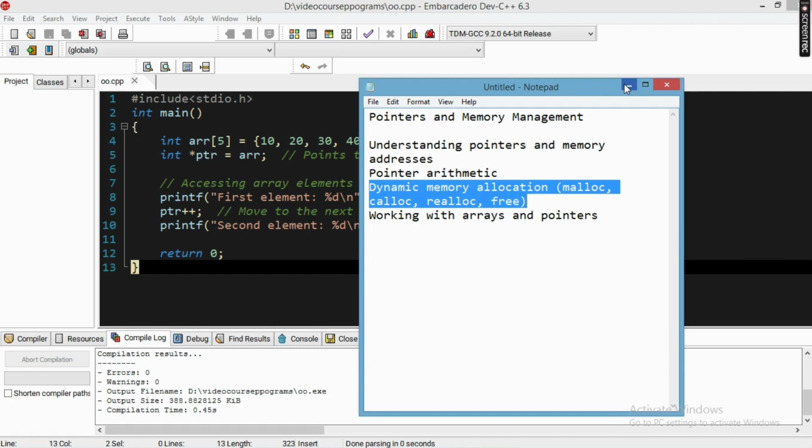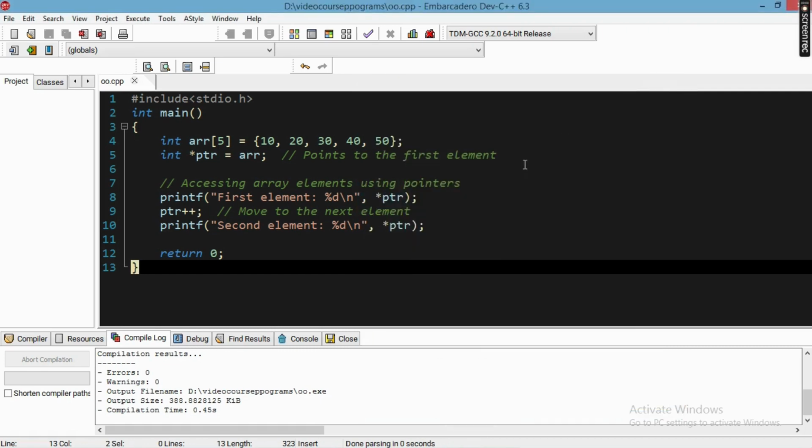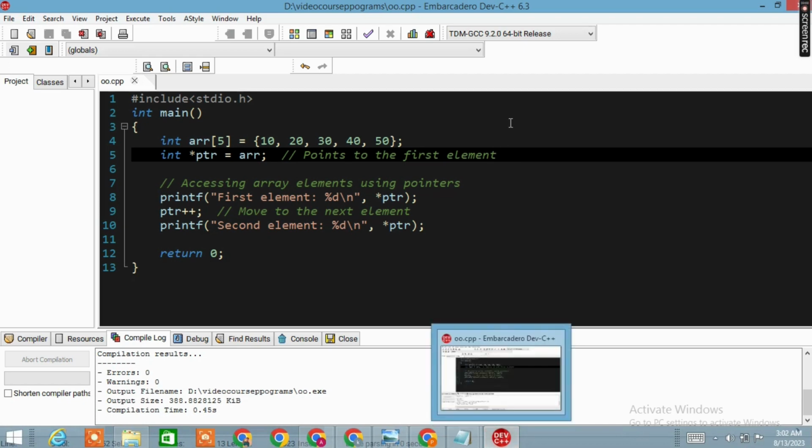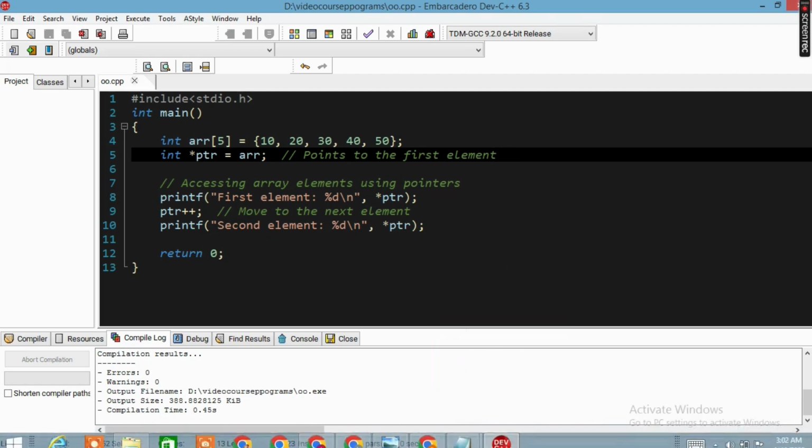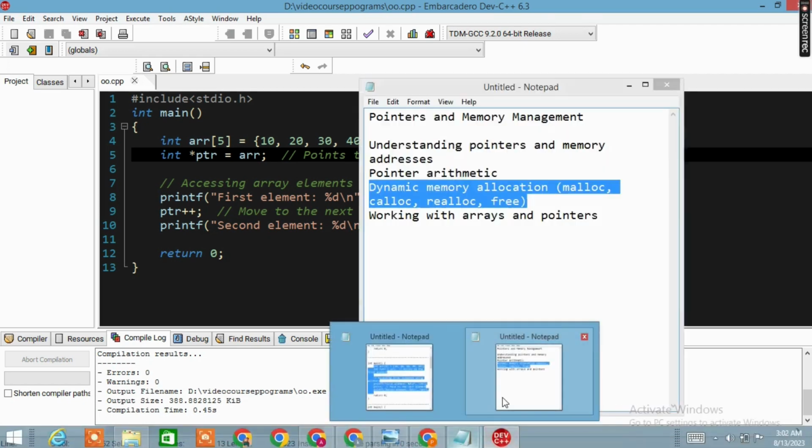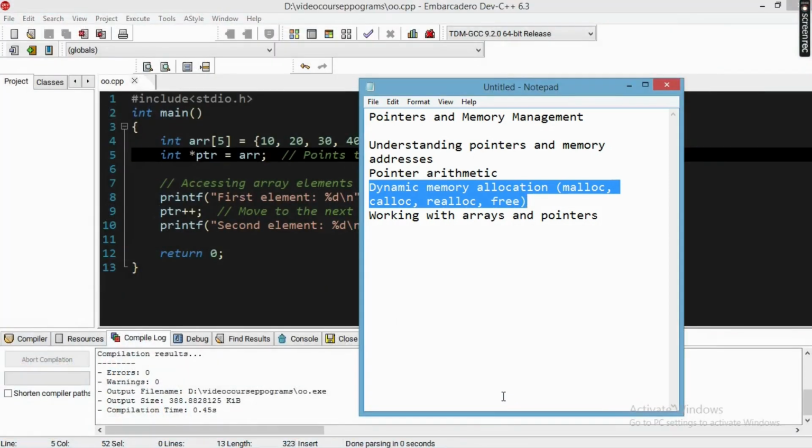Dynamic allocation of memory is different from when you make a variable and assign a value, and the value is allotted on the memory side. A dynamic variable is different from this. What happens in dynamic memory? If we assign a dynamic variable, then the memory will be assigned to that variable at runtime, when we run